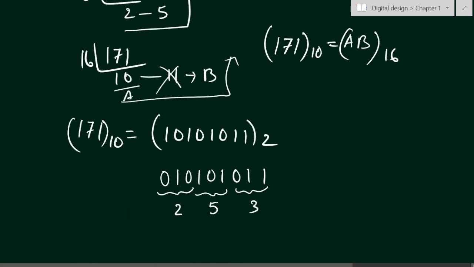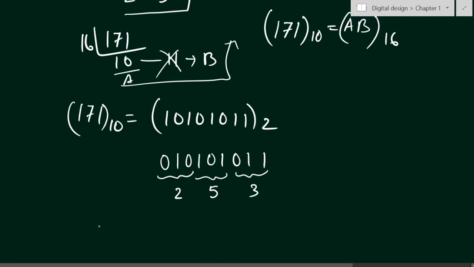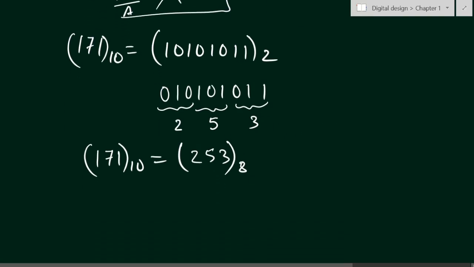Okay, so after getting the binary number, you can directly convert 171 in decimal number into its octal equivalent, that is 253. Here you have to keep in mind that you have to take 3 bits at a time. So in case of octal number system, you have to consider 3 bits at a time. Okay, now let us see for hexadecimal number. The shortcut method for finding out the hexadecimal equivalent will be a similar process, but a little bit different. So 171 in decimal is equal to